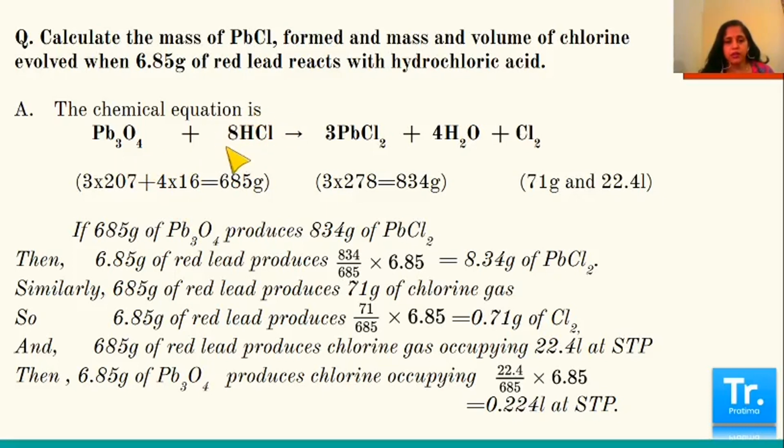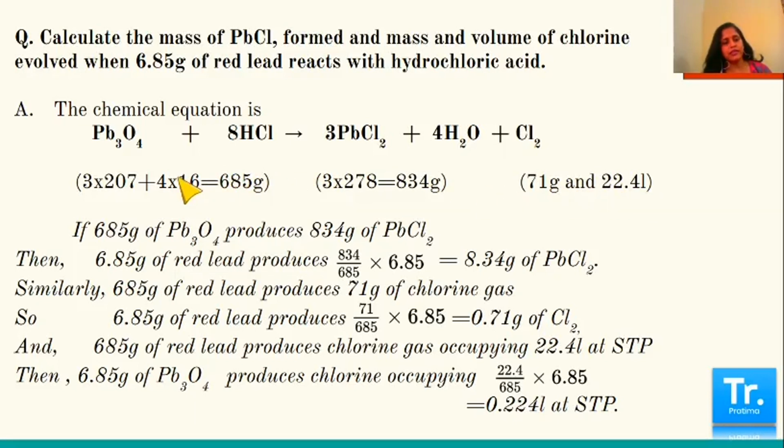We are not talking about acid here, so we will not calculate anything about acid. We are asked to find out how much salt is formed, so we will calculate this. PbCl2 I had calculated and I got 278. There are 3 PbCl2, so I will multiply 3 and the product is 834 gram of the salt formed according to this equation. We will not calculate anything on water because that is not asked. We will straight away come to chlorine, and Cl2 means 71 gram. 1 mole of chlorine means 22.4 liter at STP.